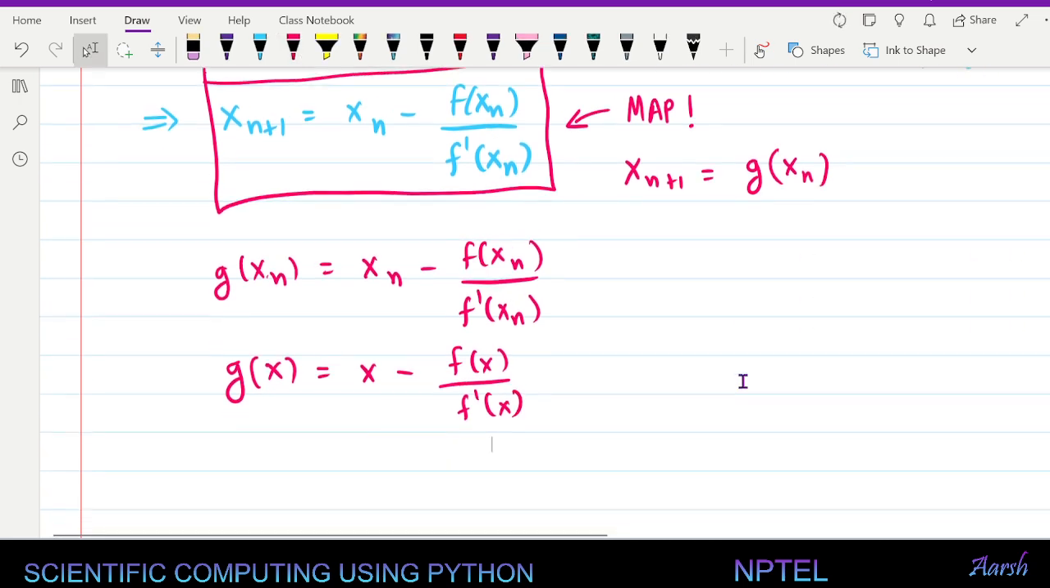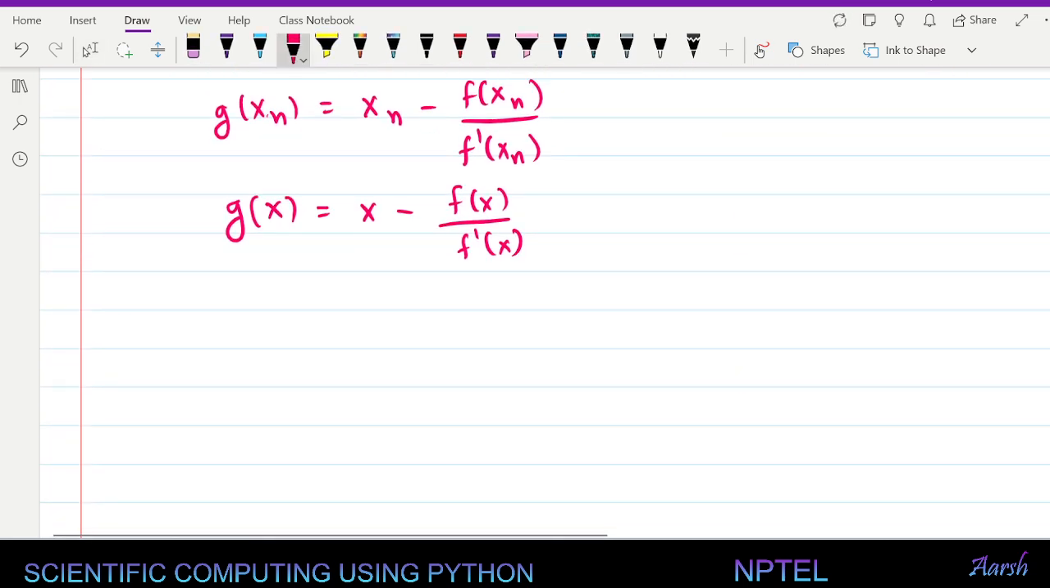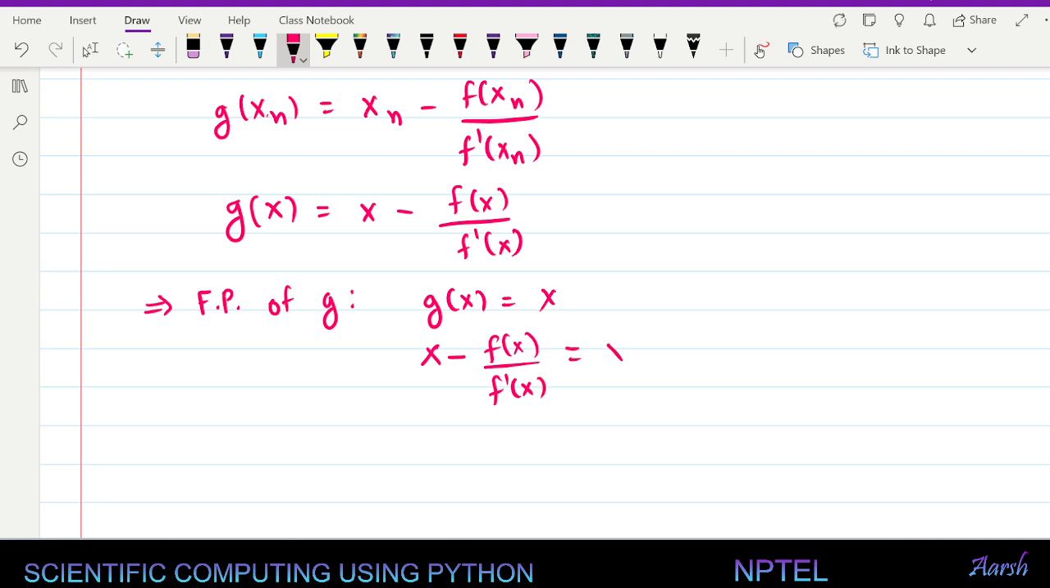Now we can look at the fixed points of this. So fixed points of g, which is g of x is equal to x, and we can solve this. g of x is this, x minus f of x divided by f prime of x, and x is, well, x, so x gets cancelled, and that means f of x is equal to 0. Okay, which means zeros of f are,